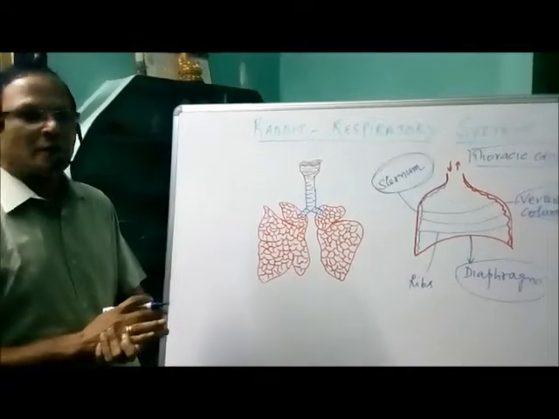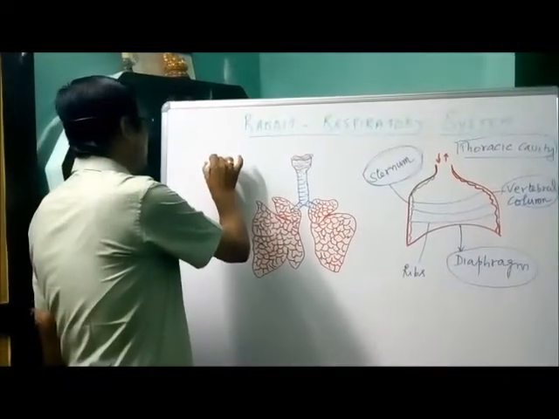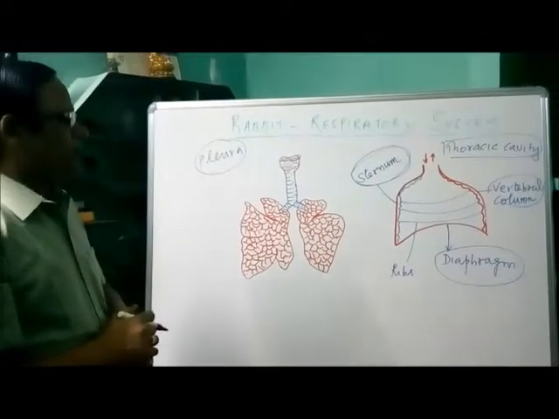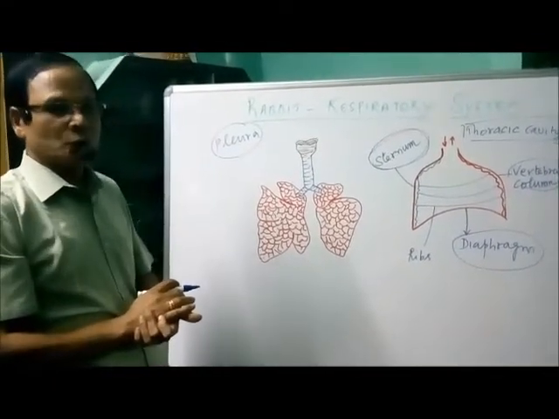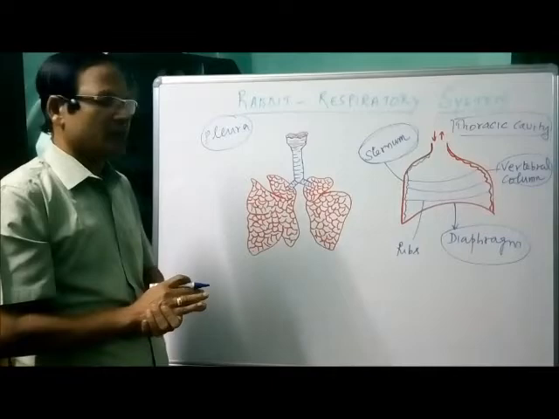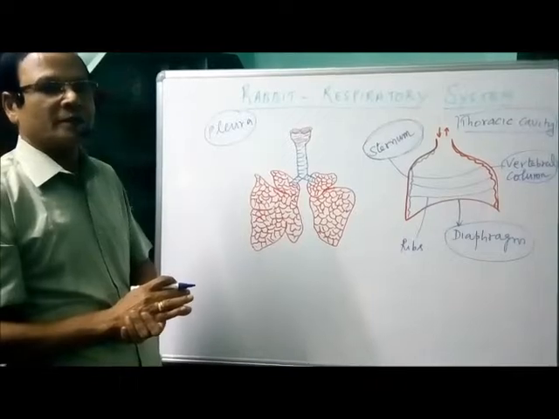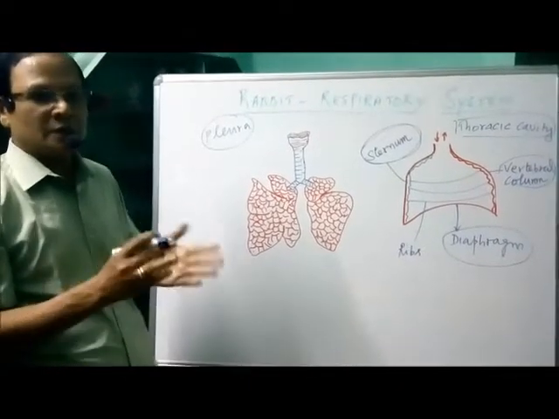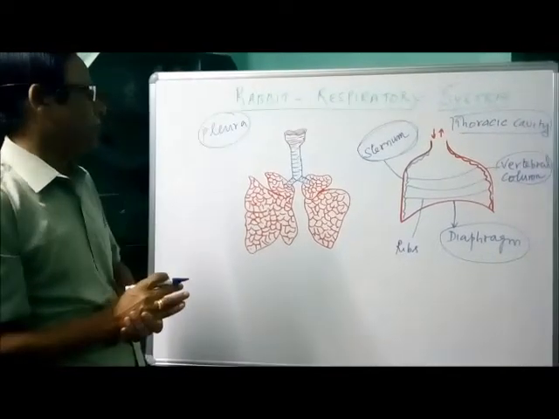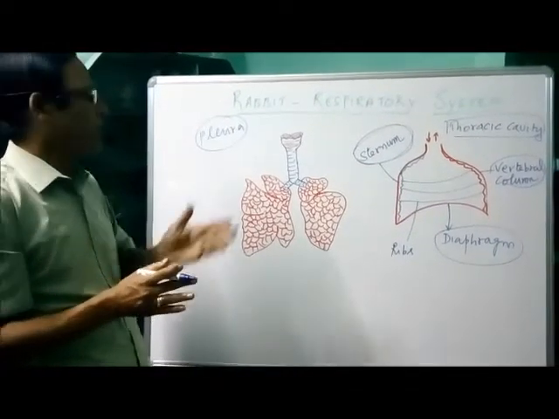Now the lungs. The lungs are enclosed or covered with a double-layered membrane called pleura. Now normally the atmospheric air passes through the external nostrils, the nasal chamber, then entering into the pharynx. The pharynx leads to the windpipe or trachea. Normally, the windpipe, the trachea, is supported by cartilaginous rings. We'll see later on. So anyway, the air passing through the external nostrils, nasal chamber, then pharynx, enters into the